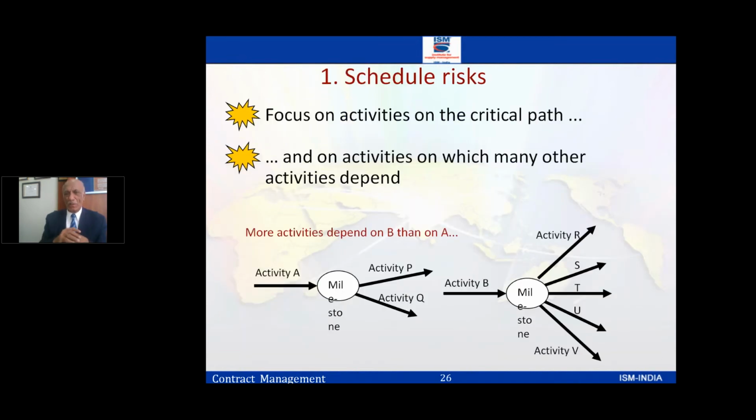Next comes the schedule. How do we schedule the risk? So focus on the risk relating to the schedule, the delivery parts. As we said in the beginning, in one of the charts, you focus on the activities in the critical path. The critical path, which we saw in one of the slides, was having 10 weeks. So in that critical path, there's no slack. If I can cut down from 10 to 9, great. If not, I have to be very vigilant that the 10 weeks don't become 11 weeks. So you have to define the activities which fall into the critical path, and then be careful about them. That's what I would call it.